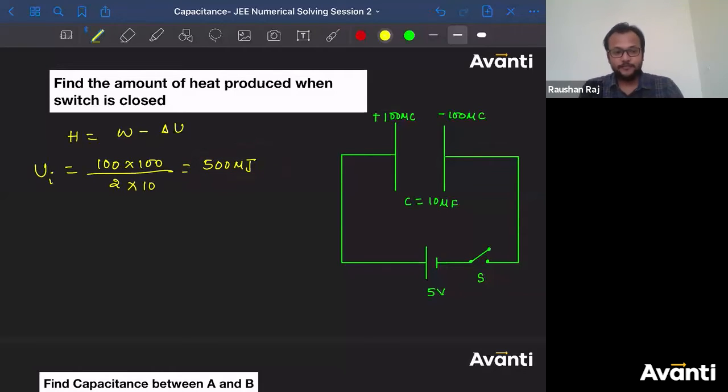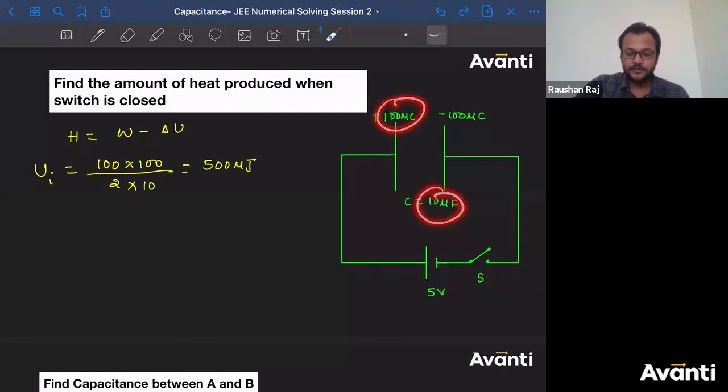Now what will be the final potential energy that will be stored? So for that we have to find what is the final charge that will appear on the inner face or on the plates of capacitor. कैसे निकालेंगे बच्चा लोग? तो देखिए, ध्यान से देखिएगा. So right now what is the charge on this one? 100 coulomb. Tell me what is the potential difference right now across this? What is the potential difference across this? So the potential difference is 10 divided by 10. Q divided by C, 10 volt, right?